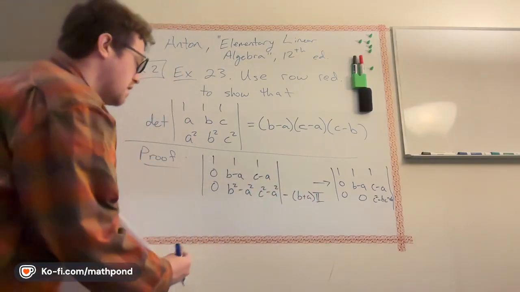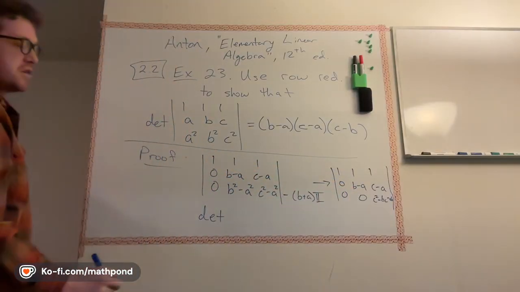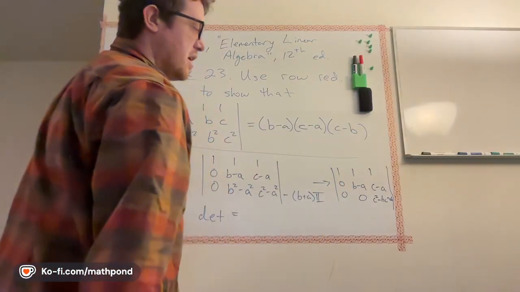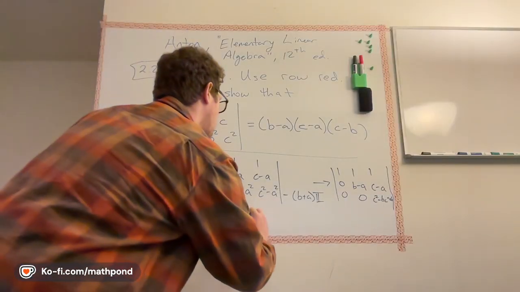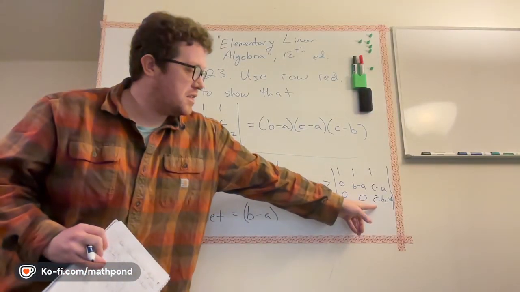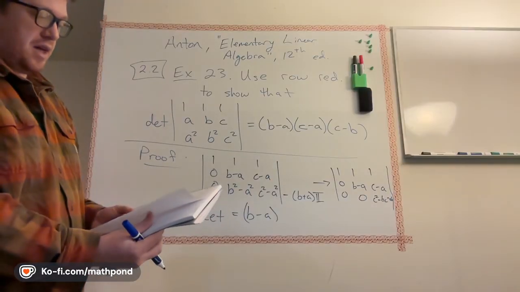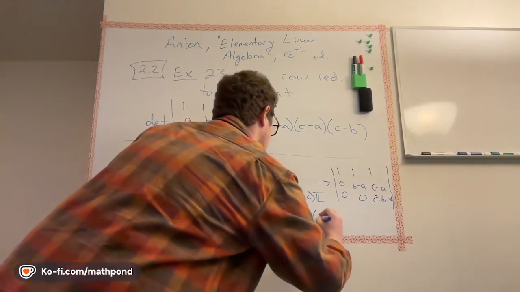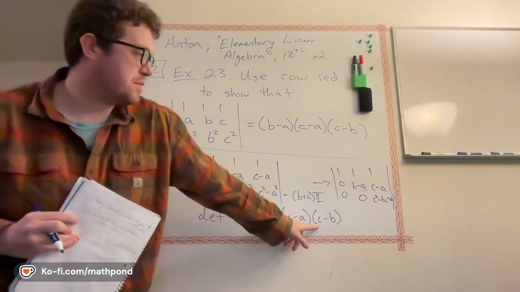And so now we know that the determinant of this, which is equal to this, which is equal to the original thing, is just the product of the diagonal entries. So it's 1 times B minus A times C squared minus BC plus AB. So B minus A. And then if we factor what this is at the end, it's really just C minus A times C minus B. Right, because you have the C times C gives you the C squared, negative A times C gives you the,